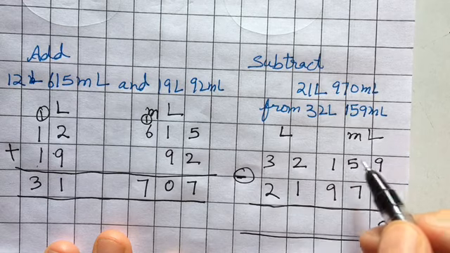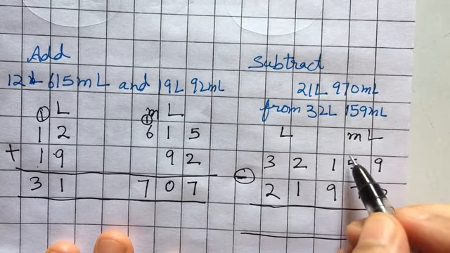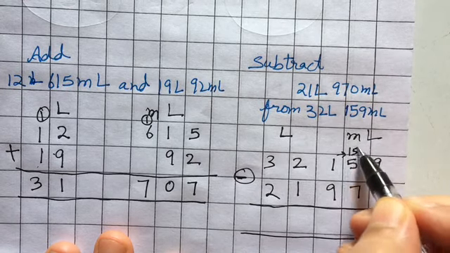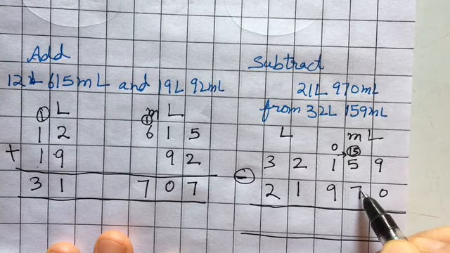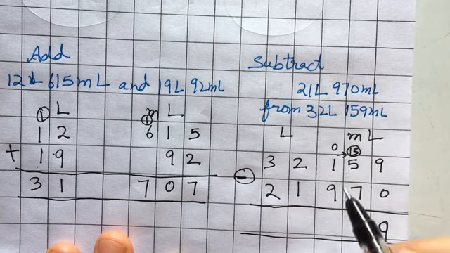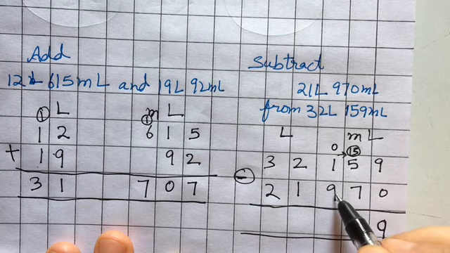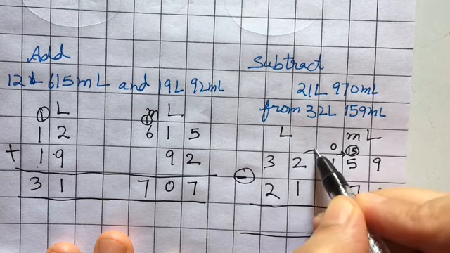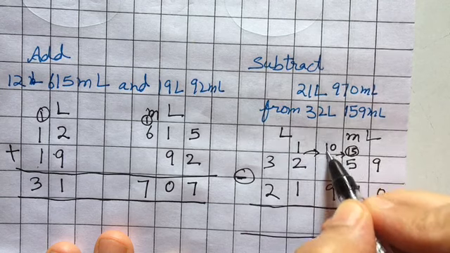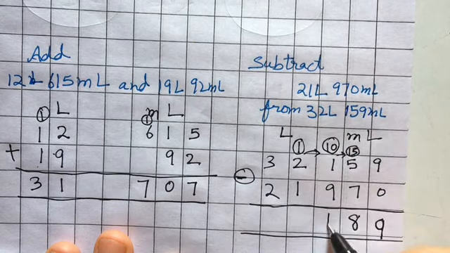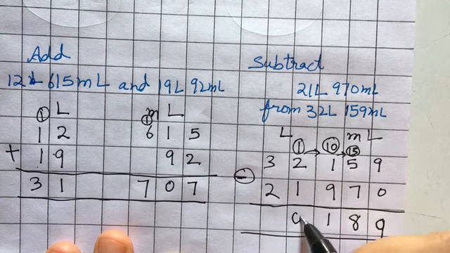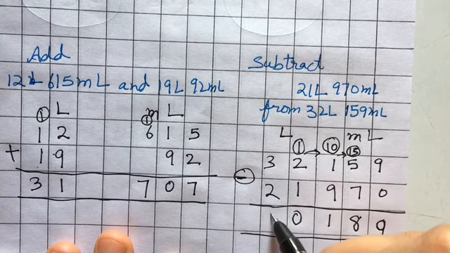We cannot subtract 7 from 15, that means we have to borrow. So it will be 15, it will be 0. 15 minus 7 is 8. 0, we cannot subtract 9 from 0, so we will have to borrow. So it will be 1 and it will be 10. 10 minus 9 is 1. 1 minus 1 is 0 and 3 minus 2 is 1.